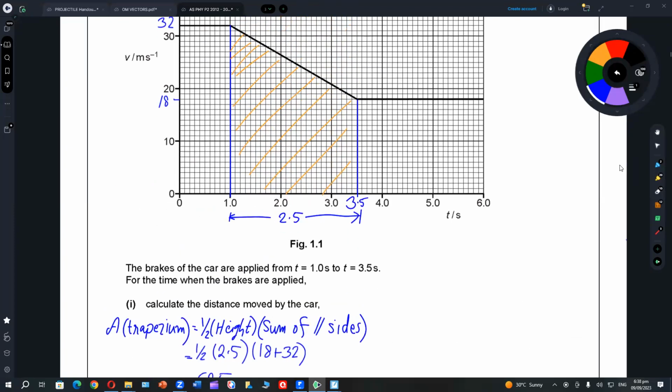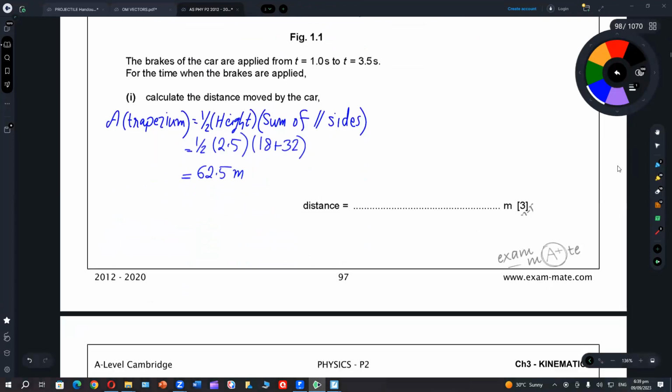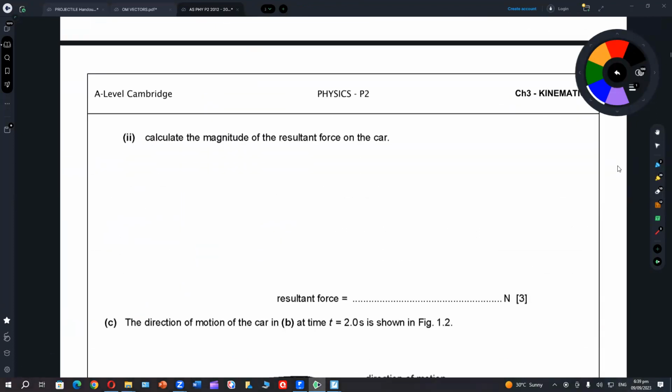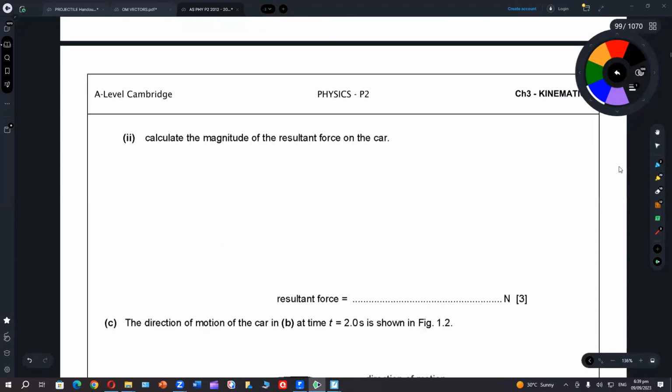The braking distance, in O-level physics, we used to call it braking distance. Now, calculate the magnitude of the resultant force on the car. Resultant force is mass into acceleration. So we need acceleration. So either we go for gradient, and then we use F is equal to ma. We have the mass, but we do not have the acceleration. So acceleration